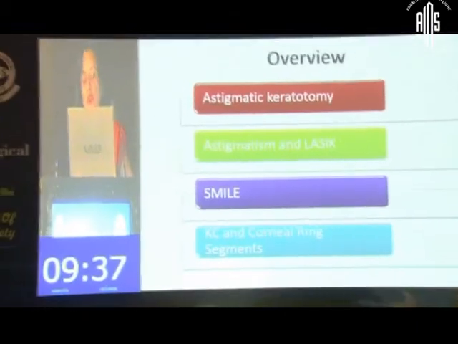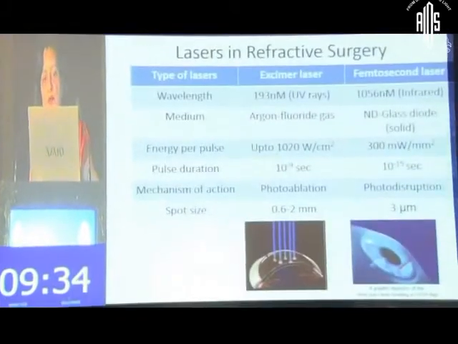Thank you, Amit. So I'm going to be speaking to you about the femto laser in management of astigmatism. The femtosecond lasers can be used to correct corneal astigmatism by the method of astigmatic keratotomy, which is done by the femtosecond laser. Also, one can correct astigmatism by doing conventional LASIK surgery and by SMILE, and the femtosecond laser also can correct astigmatism in cases of keratoconus by making the channels for the Intacs when corneal ring segments are implanted.